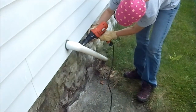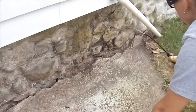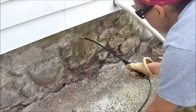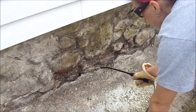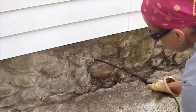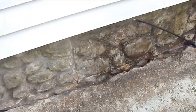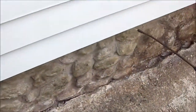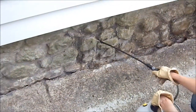And yes, she is wearing safety glasses as well. All right, Lara has wire brushed the wall to her satisfaction, or as best we can with our current technology. And she is now spraying down the wall with a bleach solution. This is 9 parts water, 1 part bleach, which is strong enough to kill everything in the universe, including Ebola. So that will hopefully help us knock back this mold and other moss and lichens and such,